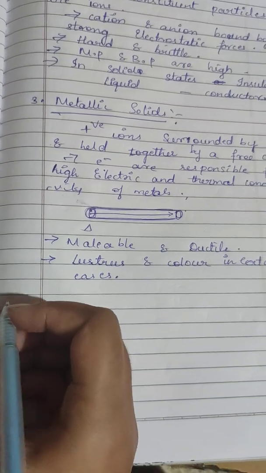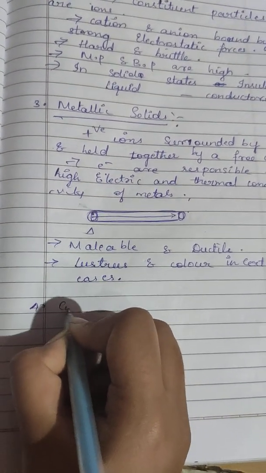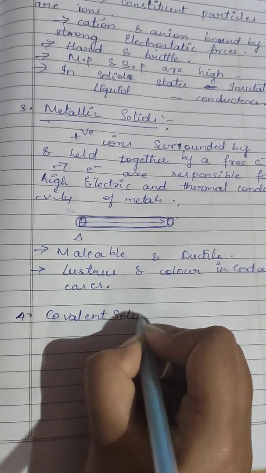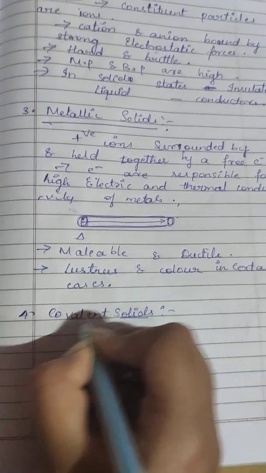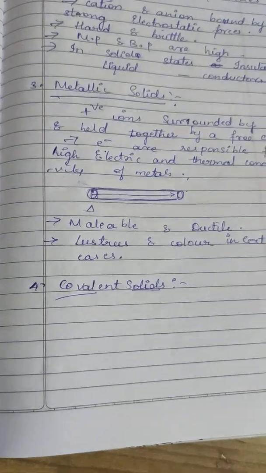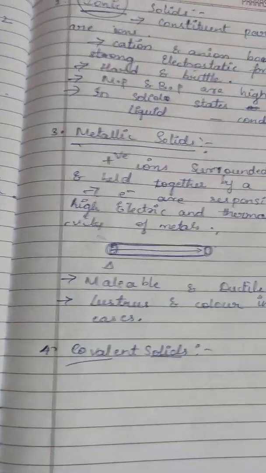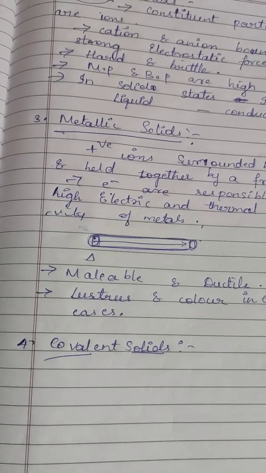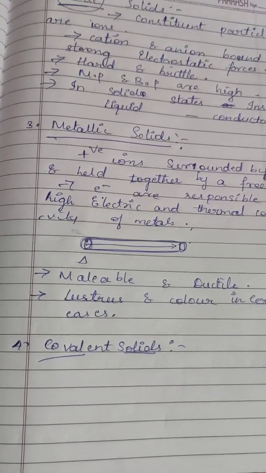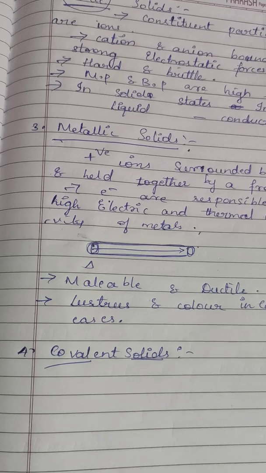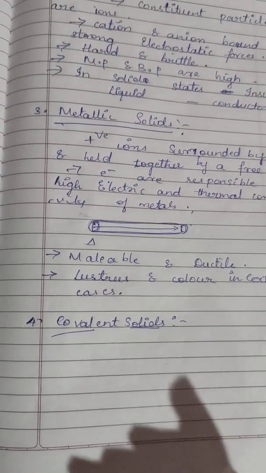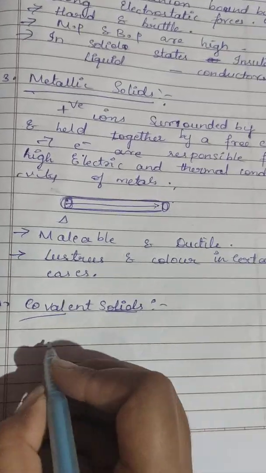And the last one is the covalent solids. Here, a variety of crystalline solids of non-metals results from the formation of covalent bonds between adjacent atoms throughout the crystal. Such molecules are called as giant